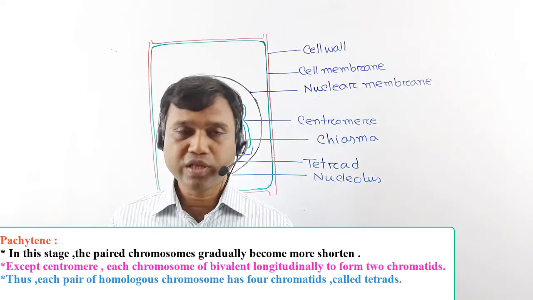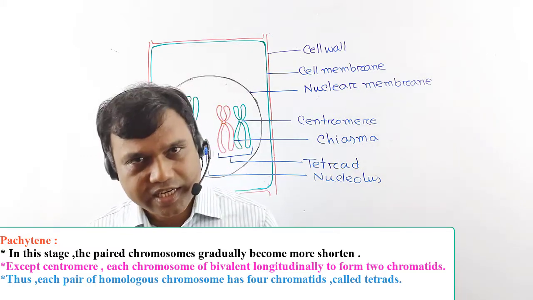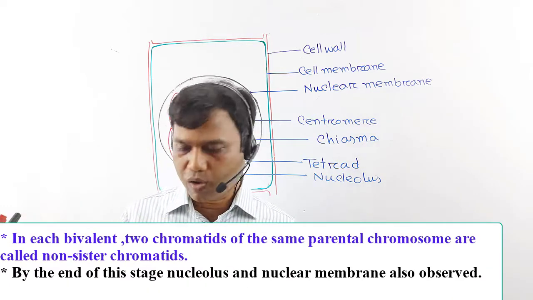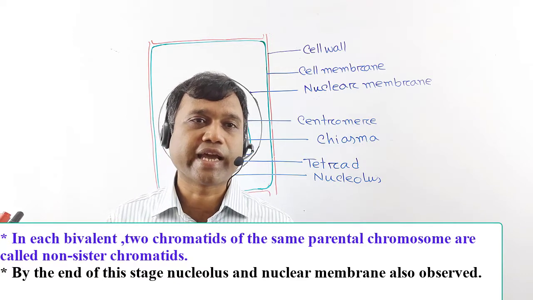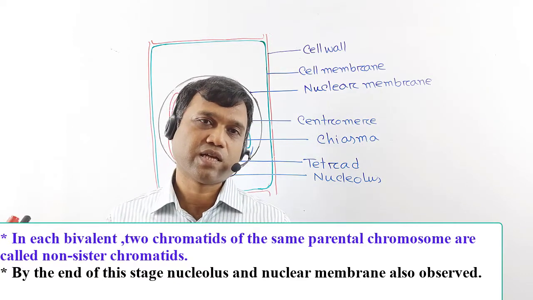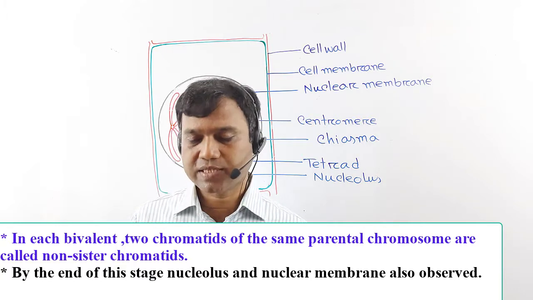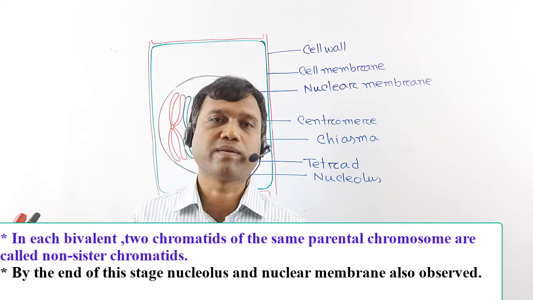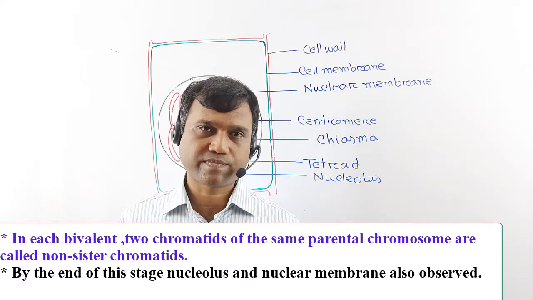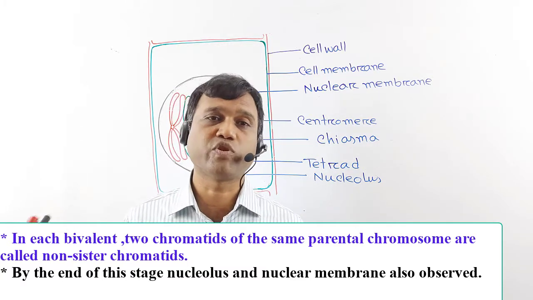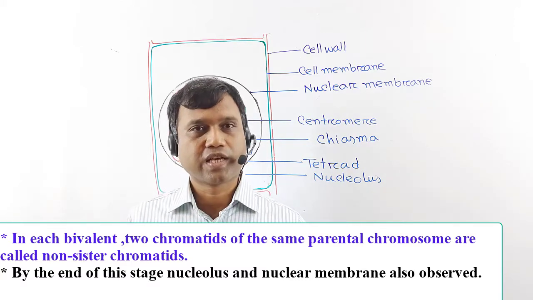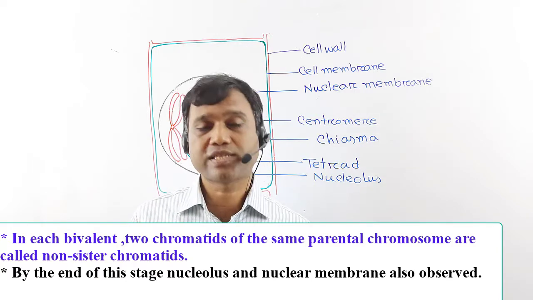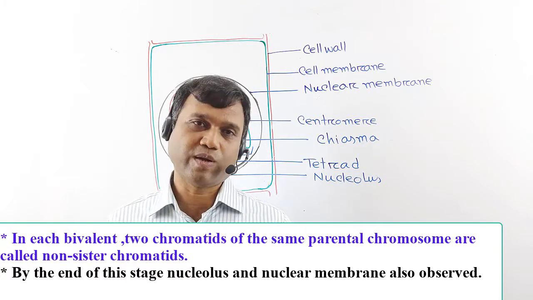Repulsion is created between the sister chromatids, but attraction is created between two non-sister chromatids. As a result, in one or more places, they create an X-shaped structure. This place is known as chiasma. Chiasma undergoes breakdown and rejoining in the opposite way. That means they create an exchange between two non-sister chromatids. This exchange between the two non-sister chromatids is known as crossing over.